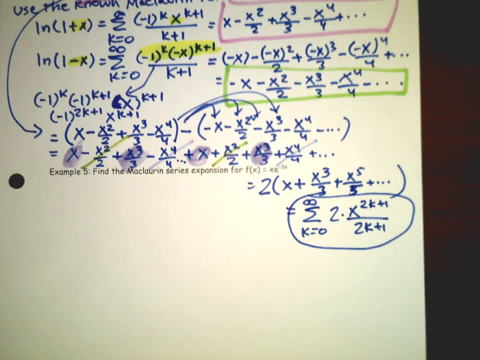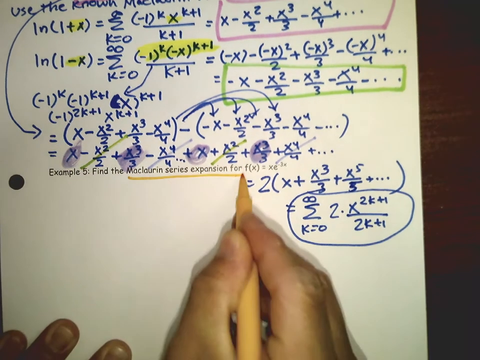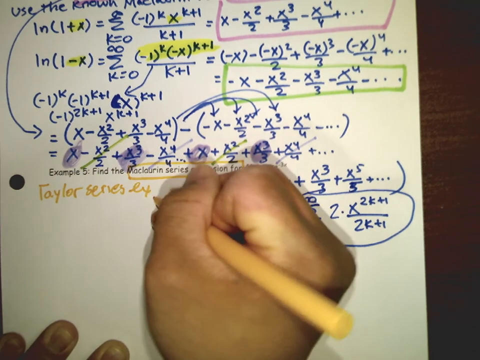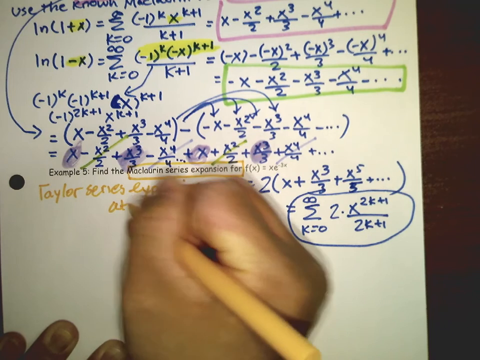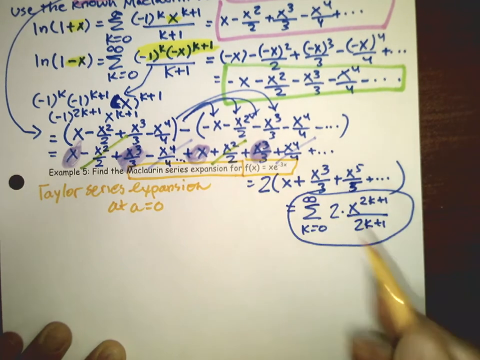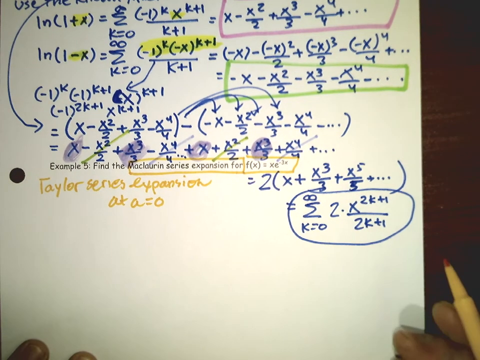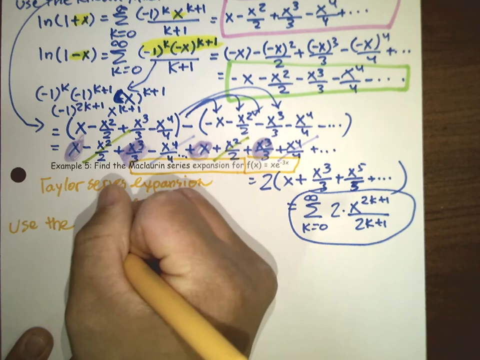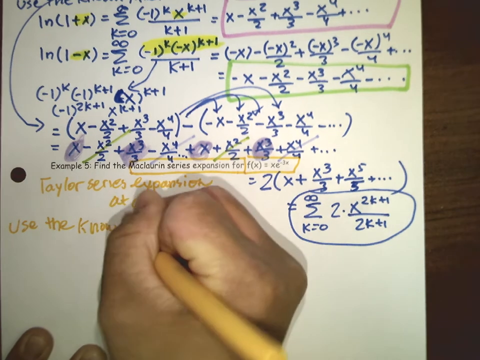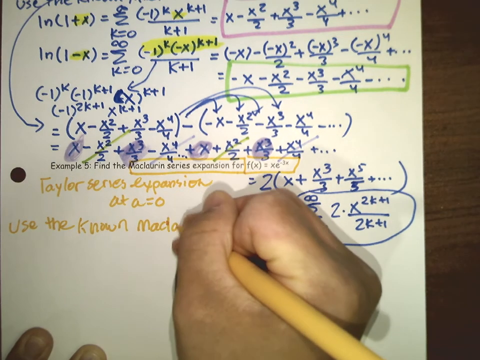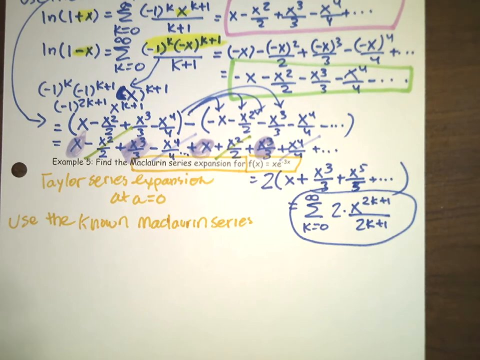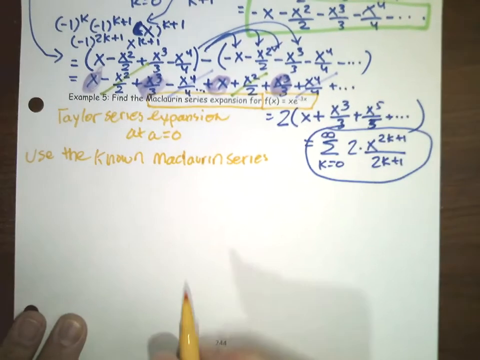So let's try another exciting example right now. Let's find the Maclaurin series expansion, again meaning the Taylor series expansion at a equals 0, for f of x is x e to the negative 3x. We're going to again use a known Maclaurin series. I don't have a Maclaurin series that looks exactly like this, but